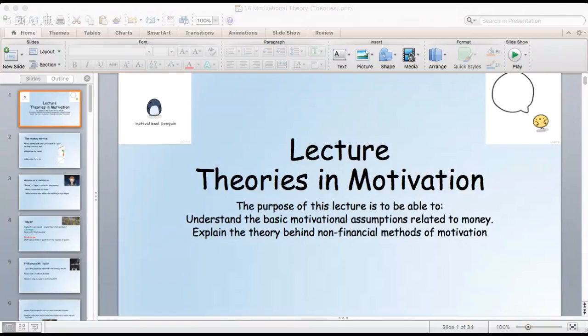Now, this second theory is by Abraham Maslow, and it's probably one of the most famous theories. Okay, and it talks about a hierarchy of needs. So you've got a base level of what we call physiological needs, a second level of safety needs, third level is love or belonging, the fourth is self esteem, and then the fifth is self actualization. I'm going to go through in a bit more detail about exactly what these involve.